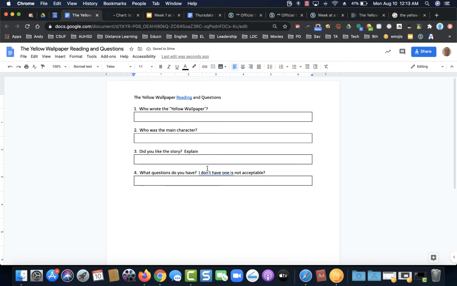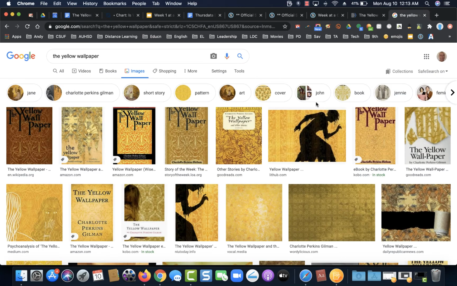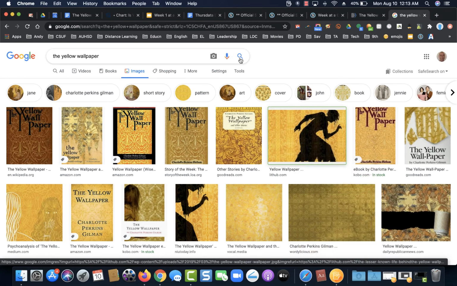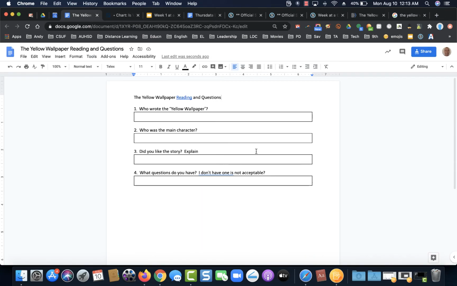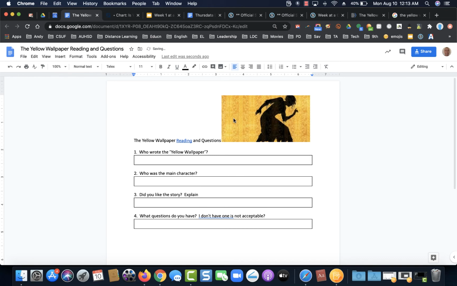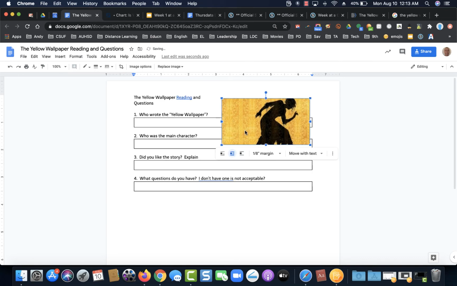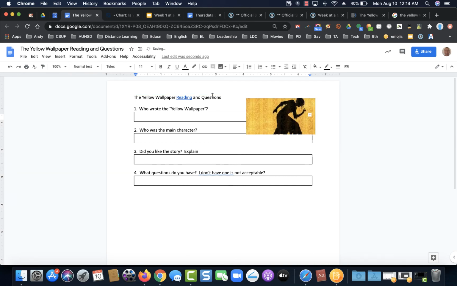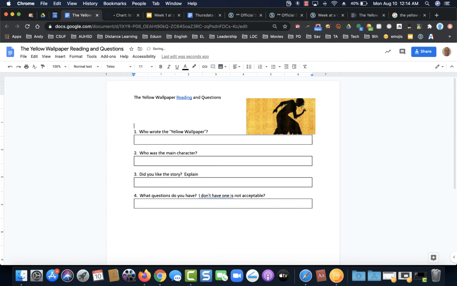So, if you want to dress it up a little bit, over here, I like this drawing. I'm going to press Control, Copy Image. I'm going to come over here. I'm going to drop that in here, and I want to use this option here where it wraps around the text, and then I can change the size of these boxes. Well, I'll just leave it like that actually, and then here,